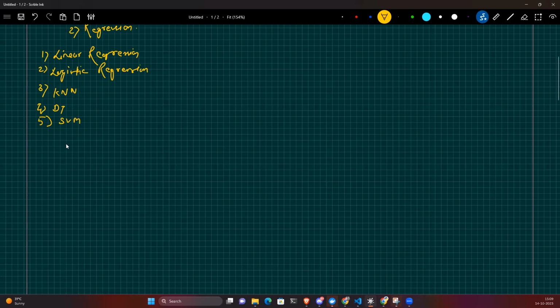So far we are inside module 4. Modules 1, 2, 3 have been done. Module 4 is called clustering algorithm, then module 5 is called support vector machine, and then PCA will come under this picture. So these are the different modules of machine learning, and we'll discuss all those things.